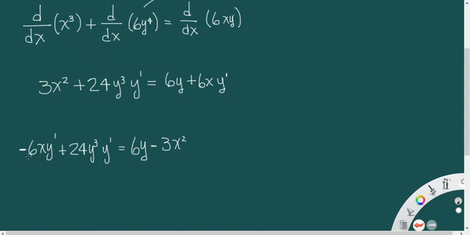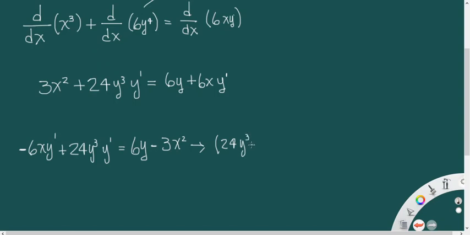So now we have minus 6xy' plus 24y cubed times y' equals 6y minus 3x squared. So the next step is to isolate the y'. In this case, we can factorize this. Just to make it easier, let's write 24y